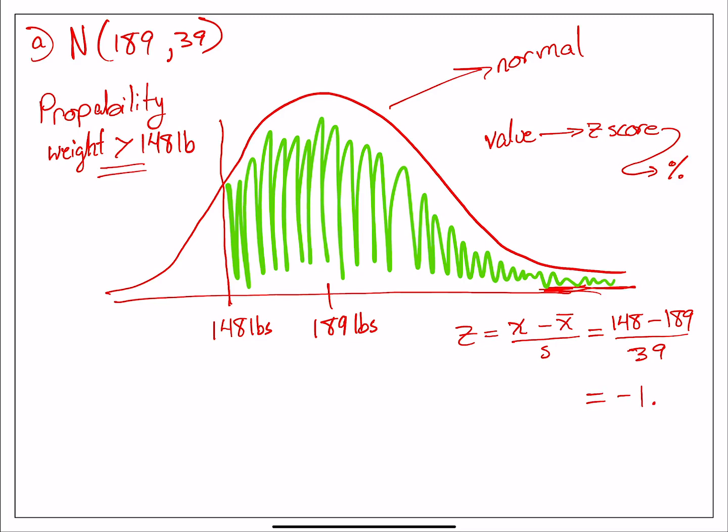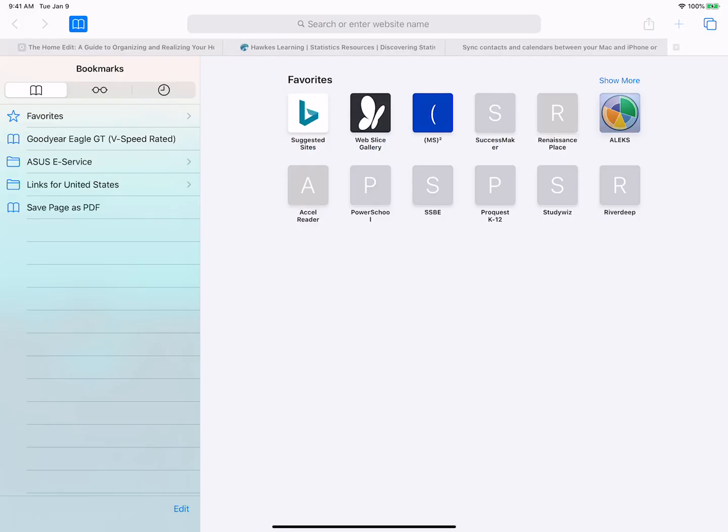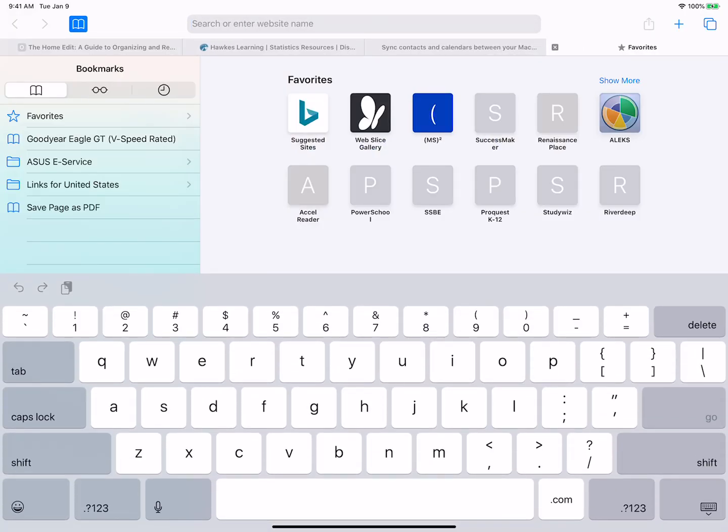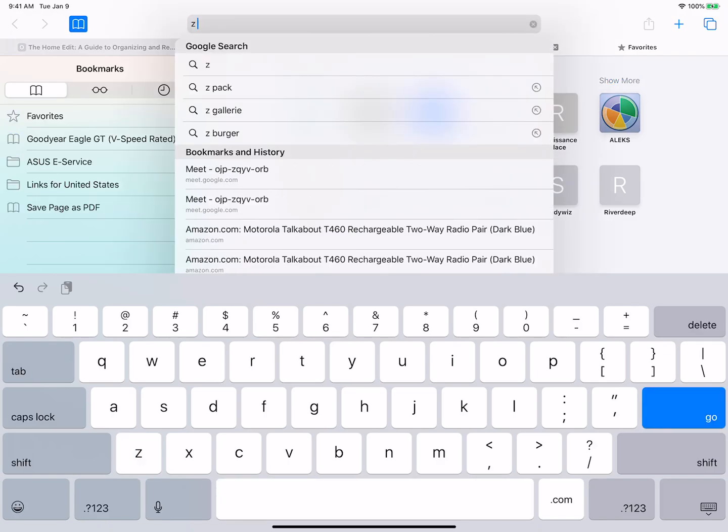negative 1.05. That's what we get, negative 1.05. Now, what we're going to do here is go to the z-score table, because now we know